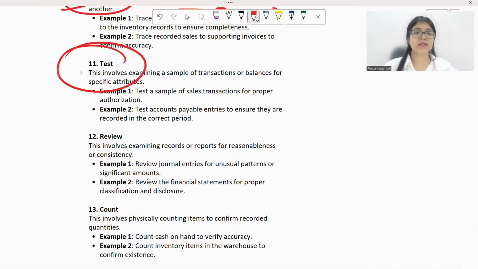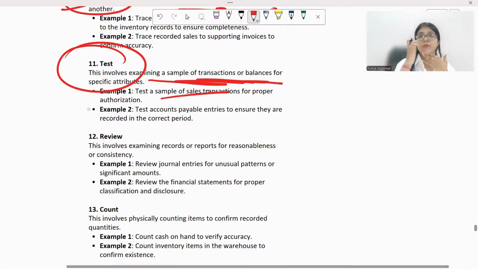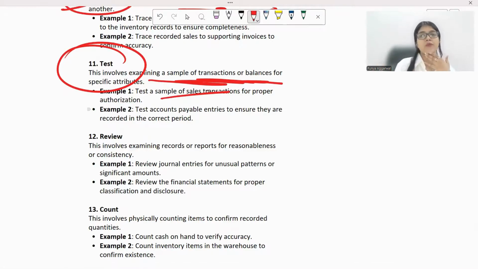Test is basically, as the name also says, testing, basically examining the samples of the transactions of the balances. Testing a sample, जैसे मैंने बोला कि अगर transaction has happened for the authorization, that somebody has signed this, or for example, you are testing, so for example, you have the internal controls, right? They are saying that we have a CCTV camera. How are you going to ensure that this is working or no? You're testing it. Or basically, you are seeing the sample of the, for example, they say that we have signatories who check on the authorization.